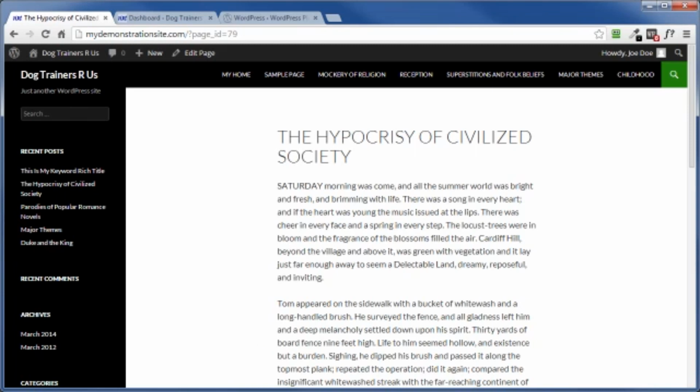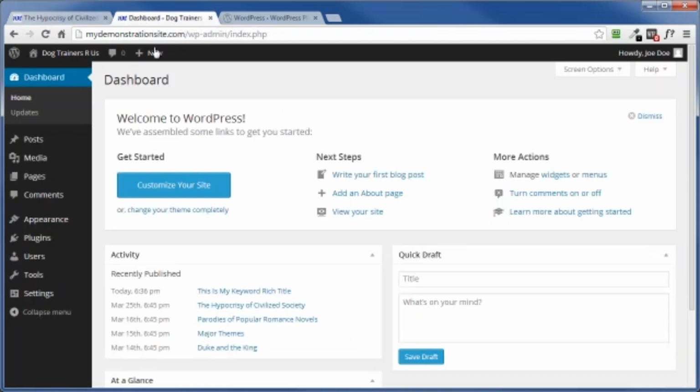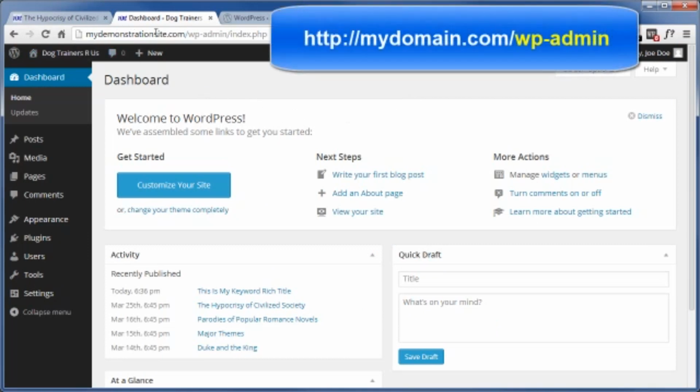A WordPress plugin is a piece of software that adds functionality to your WordPress site. Now this video is going to show you how to locate, add, and activate plugins for your WordPress site. Now to do this, we need to log into the dashboard area of our site, and I've already done that here. If you've not or haven't done so before, just put the URL to your WordPress site up here in the address bar of your browser, follow that by a